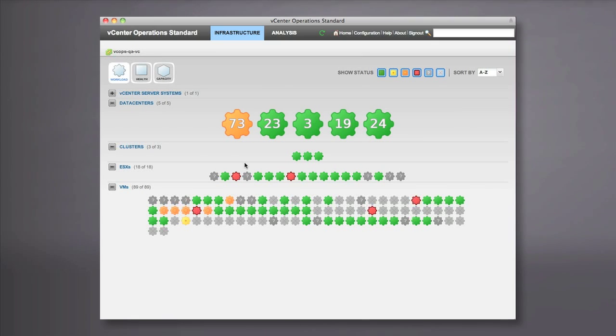One of the primary concepts behind VCOps is that we wanted to make it very easy for you to troubleshoot performance problems in your environment. Not only that, we wanted to enable you to identify where the problems are and figure out what you should do first. So you'll notice first off that this UI looks much different than the UI you're used to seeing